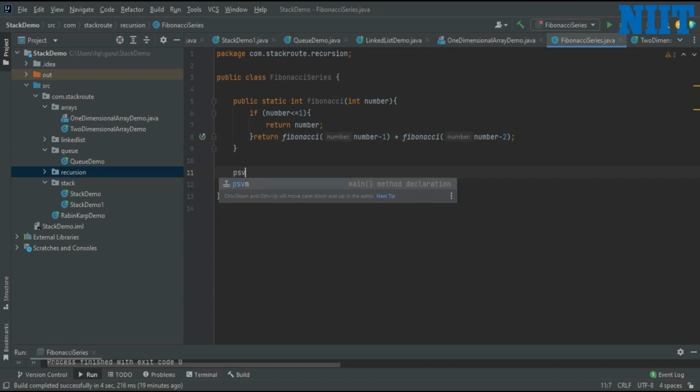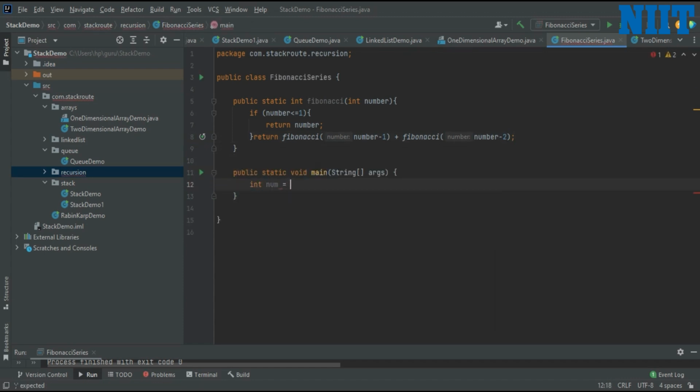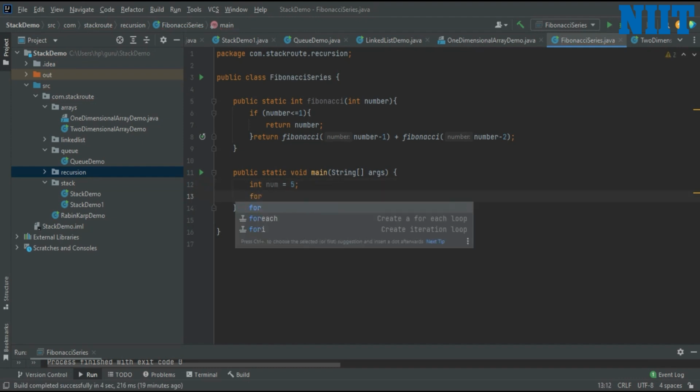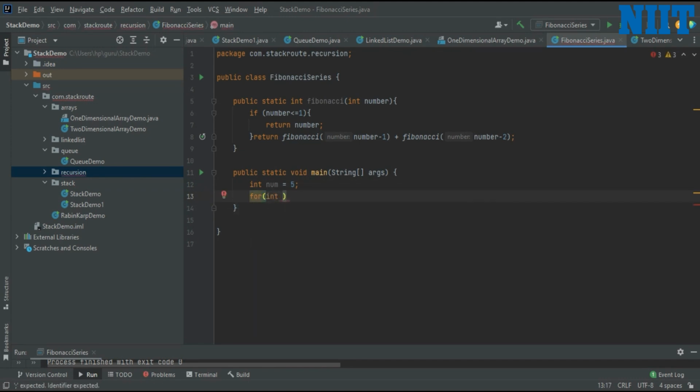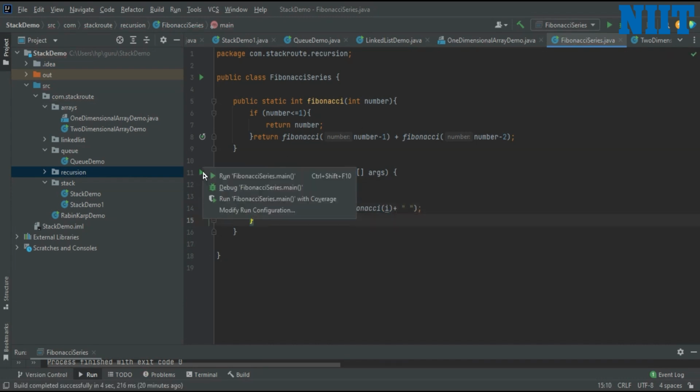In the main method, I'm printing the Fibonacci series here till the value 5. Now let us run this program and see the output.